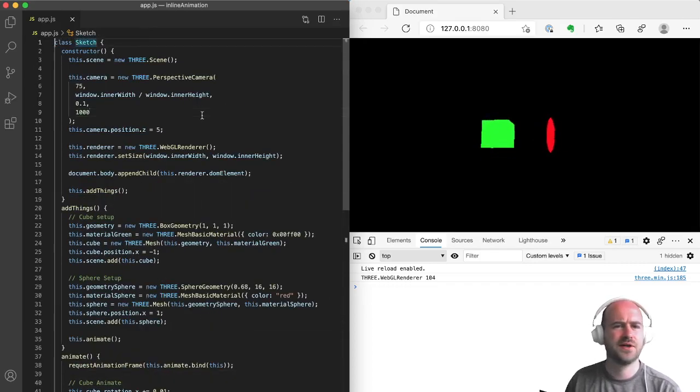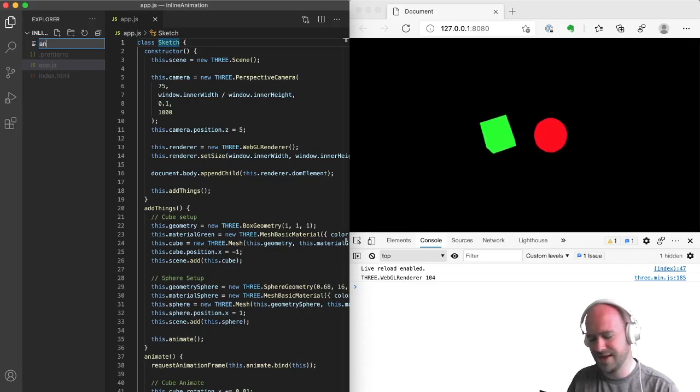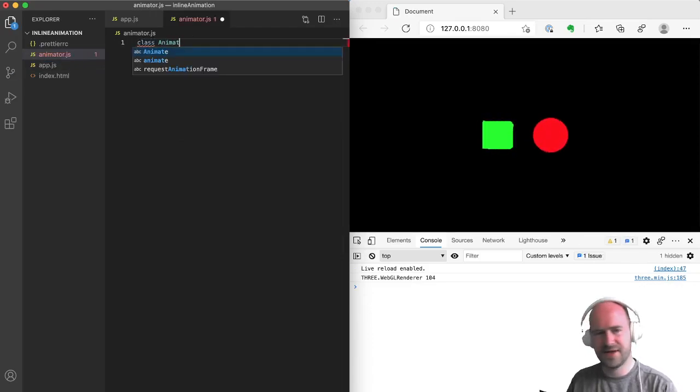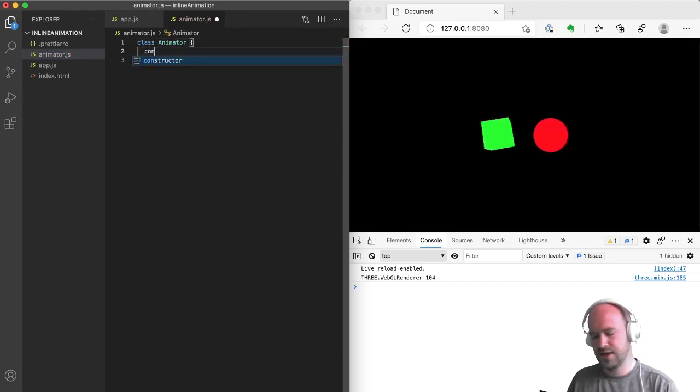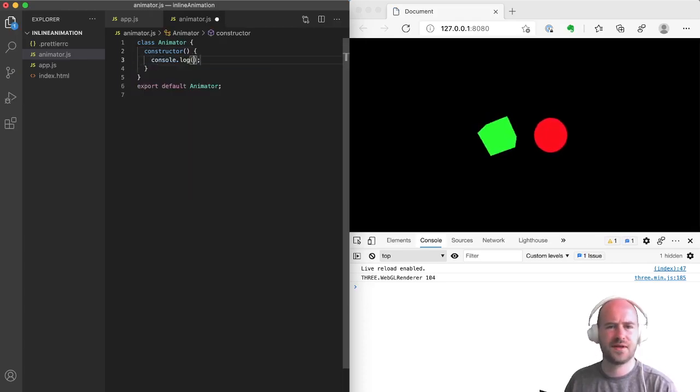So we can even do this in another file actually. So this isn't how I plan to do it, so I know it's going to be an issue. But let's try it that way. So we're going to make a class of animator, and it will need a constructor, and then we're going to export that class. So let's do a quick little test just to make sure everything's hooked up